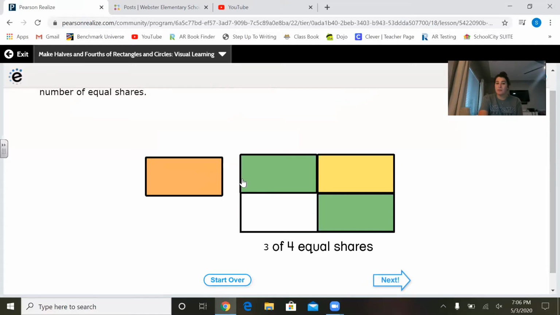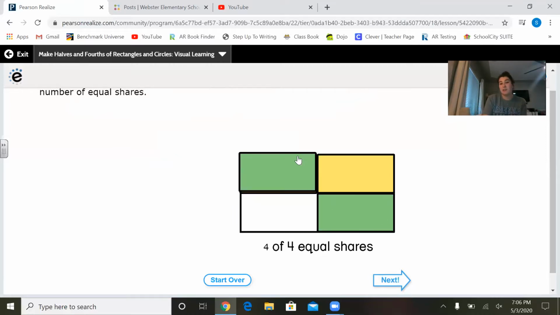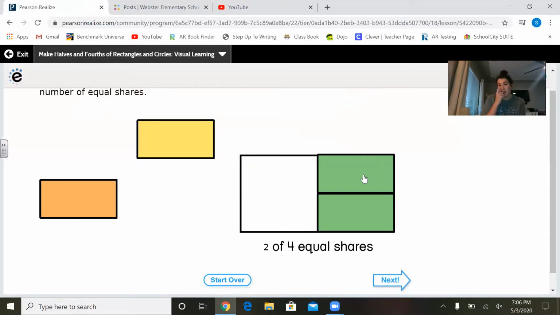What if I just move these and then I put it on the same side? Now it's easier to see that it makes up half, but I still have the same amount as if this was up here. So I didn't change the amount of green that there was, I just moved it. So it doesn't matter if they're across from each other like this, or on top of each other like that,